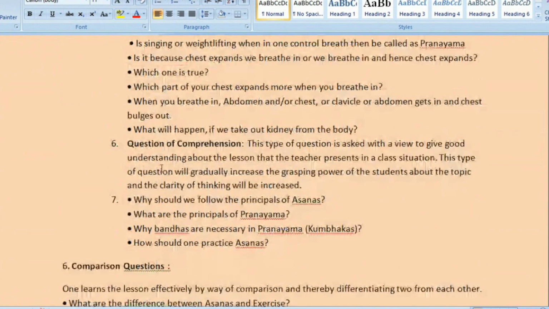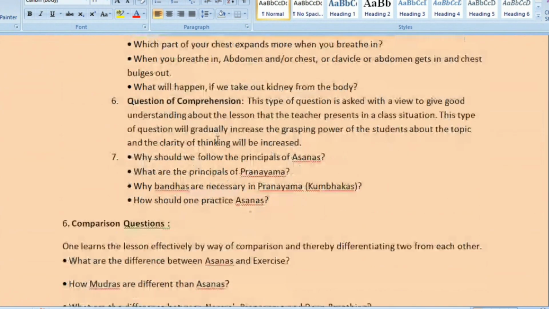Fifth type of question, that is question of comprehension. This type of question is asked with a view to give good understanding about the lesson that the teacher presents in the class situation. This type of question will gradually increase the grasping power of the students about the topic, and the clarity of thinking will be increased. Like,